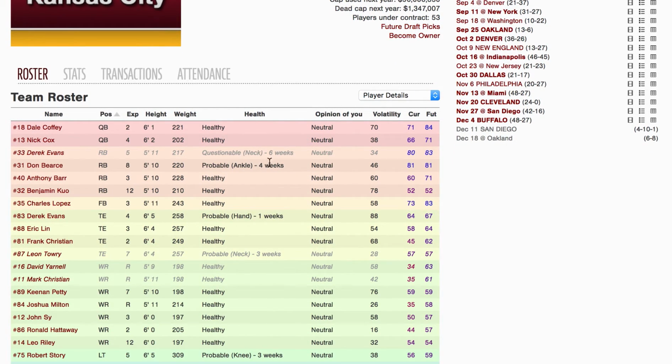So down here we see the roster. Really simply, we've got the name, position, experience, height, weight, health. Volatility is an important attribute that we'll get into in another video, but basically the higher the volatility, the more likely this future value here is not accurate. So for example, this player, Dale Coffey, our quarterback, he has a current value of 71 and a future value of 84,